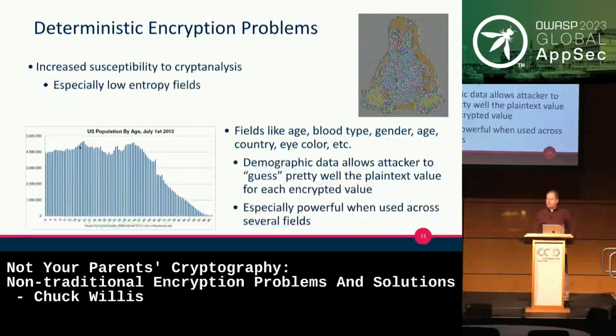Depending on the demographics of your application or whatever's being analyzed, that may also affect things. So if you're looking at TikTok, for example, the age would definitely skew towards younger, and that would allow you to probably make some pretty good inferences there. And especially if you've got multiple fields that are encrypted in this way, then it can really cause you problems, because then you can start correlating things like the country someone is in and their eye color. In certain countries, certain eye colors are more common, and you can think of it like one of those logic puzzles, where eventually you can figure out everything as far as who's what.